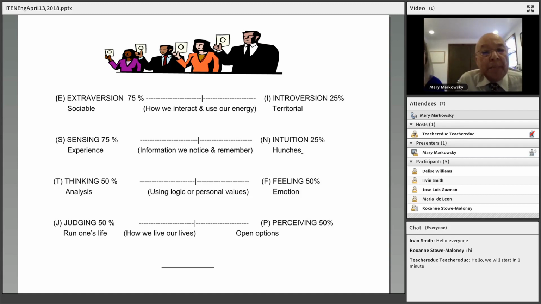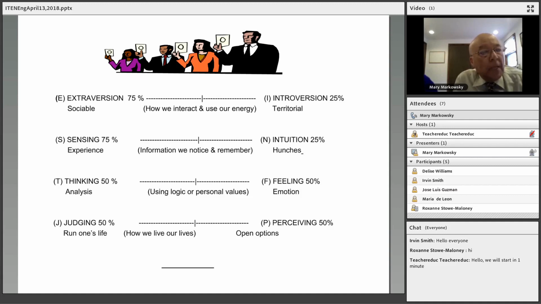At the first line, we have to the left, extroversion. The E represents extroversion. On the right, we have introversion. The I represents introversion. In a research that was done in the US many years ago, they came up with the population being 75% extroverted and 25% introverted. What the extroverts do, and I am going to read something for you, and when I tell you, if you have the piece of paper and the pencil, I'll tell you what to do.